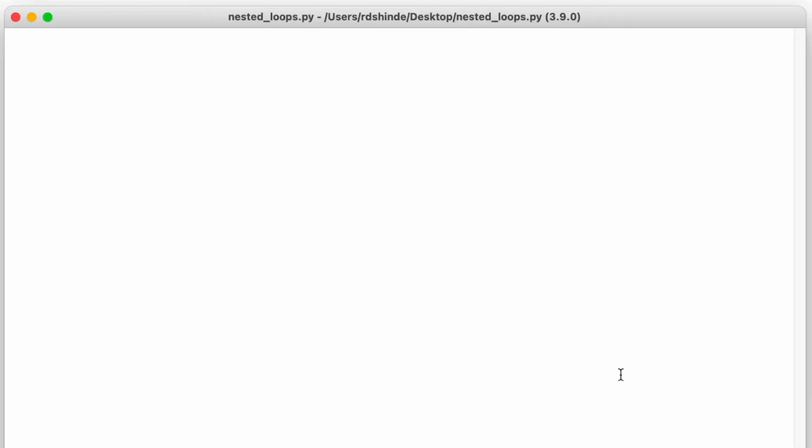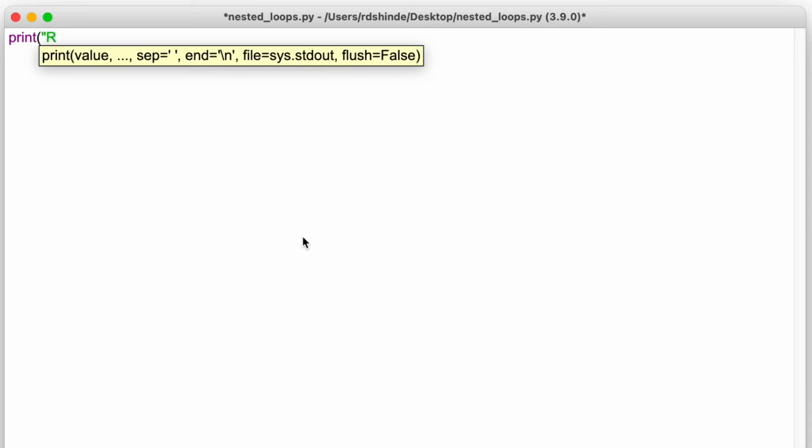Okay, before going to the solution, I would like to tell you two important concepts in printing any value on screen. The first one is the end parameter. Suppose I am printing here some value, suppose "Ramesh".